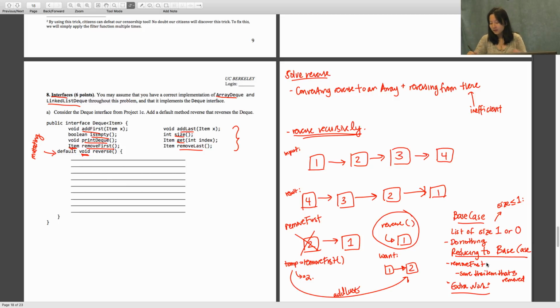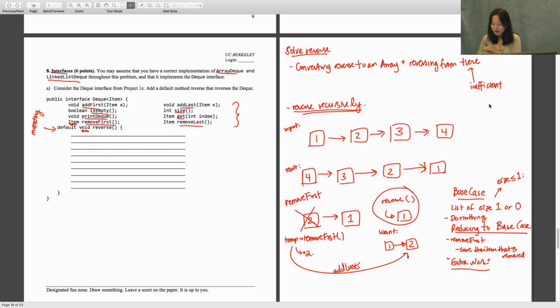So reducing to the base case is removing first, but our extra work involved is to add last to the reversed list. So let's write that out in code. First we want to say if size is less than or equal to 1, we are going to return. But else, what we will do is we will let temp equal remove first,